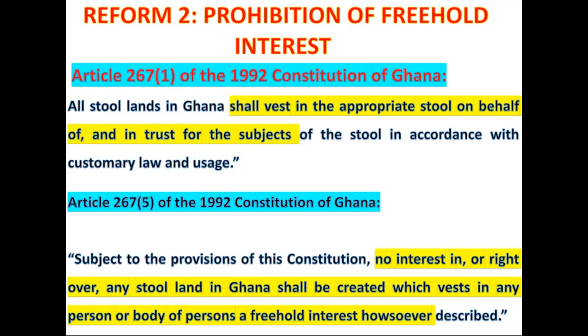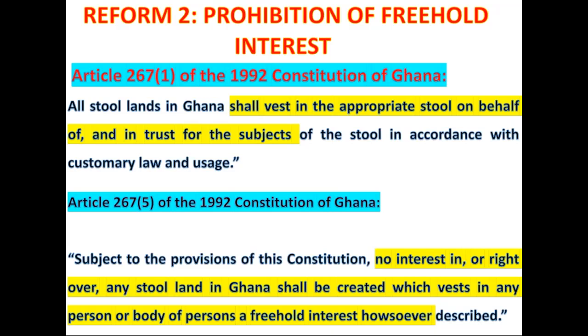So if we say that it shall vest in the appropriate stool on behalf of and in trust for the subjects of the stool, in accordance with the relevant customary law and usage, Article 267 Clause 5 goes ahead to prohibit the creation of freehold interest in stool land. Emphasis on stool land. This is what Article 267 Clause 5 of the 1992 Constitution reads, and I quote,